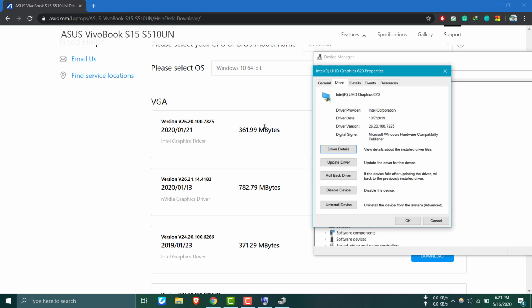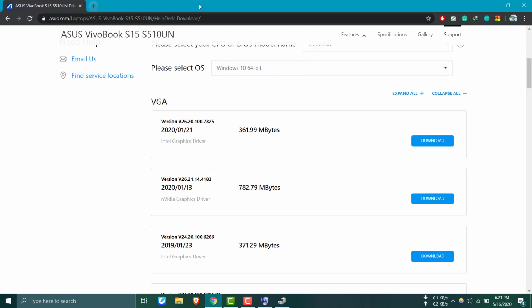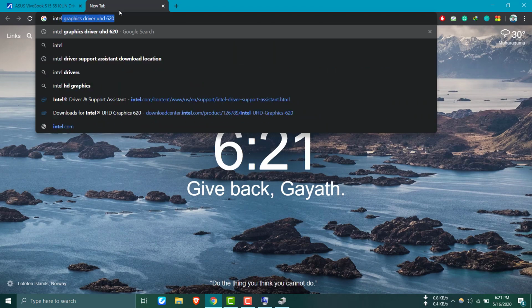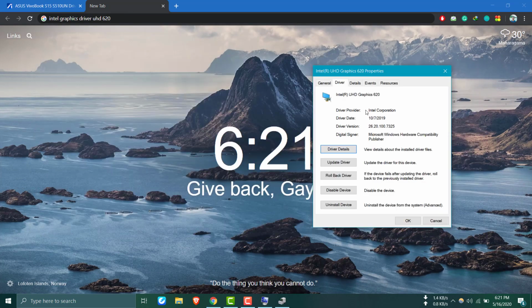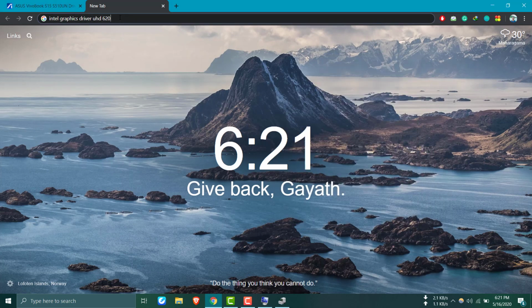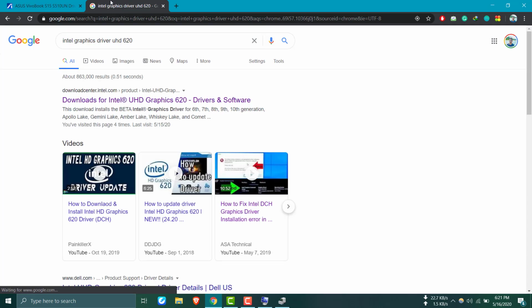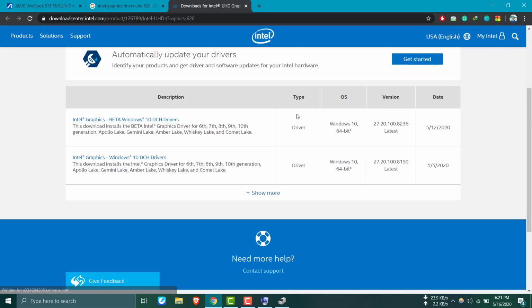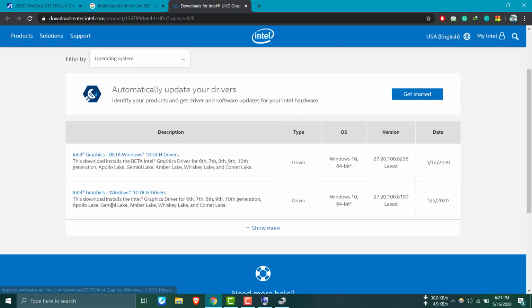But this is the Asus web page. If you go to the Intel drivers page, Intel graphics driver, this is my graphics version. Search this one and click the first link. Yeah, this is the driver.